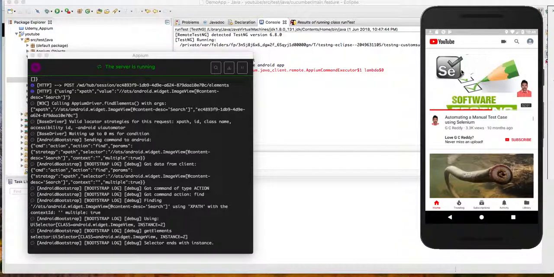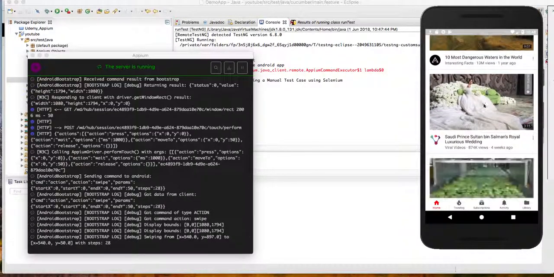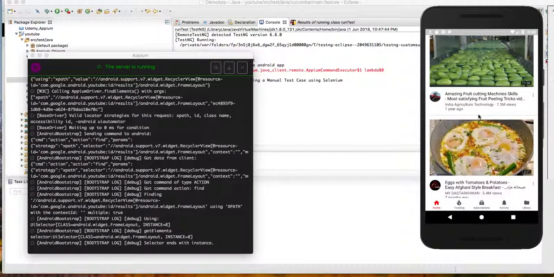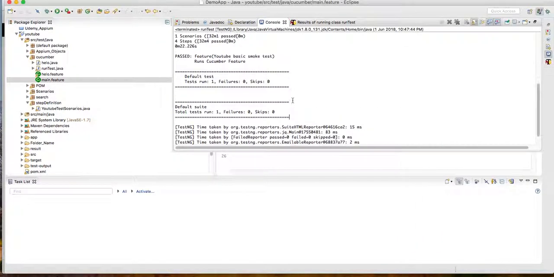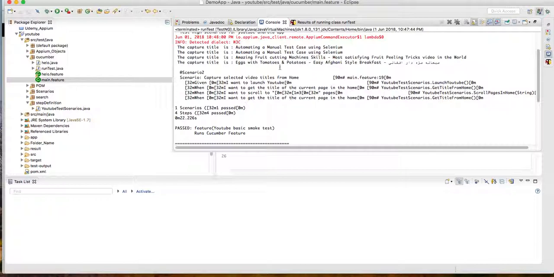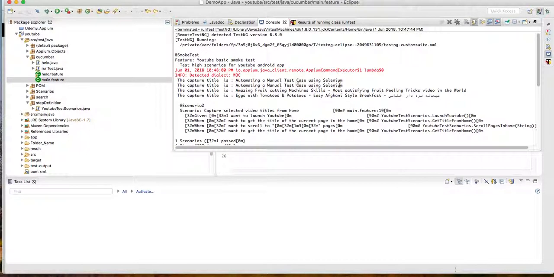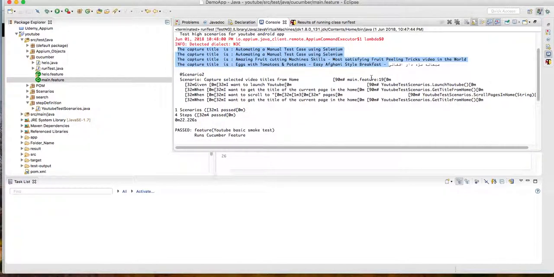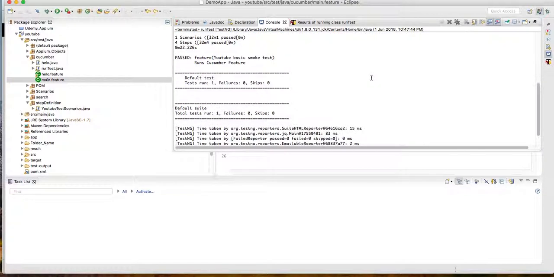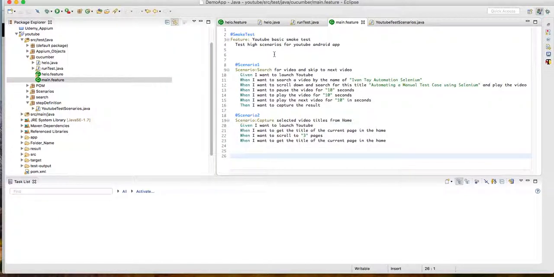It captures the title page, goes to the third page, and captures the title again. So it passed. I've captured the title and do a comparison with my expected values, and this passes. If all of this passes, you can test the smoke test